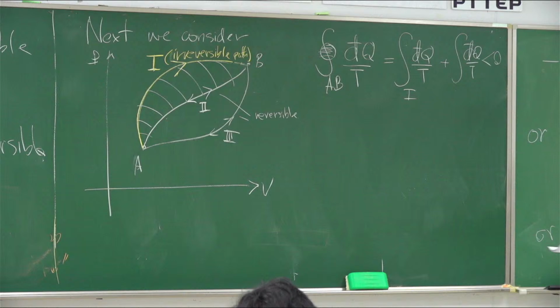This is the definition of an isolated system. Then the entropy change, which is this one, and you could see that